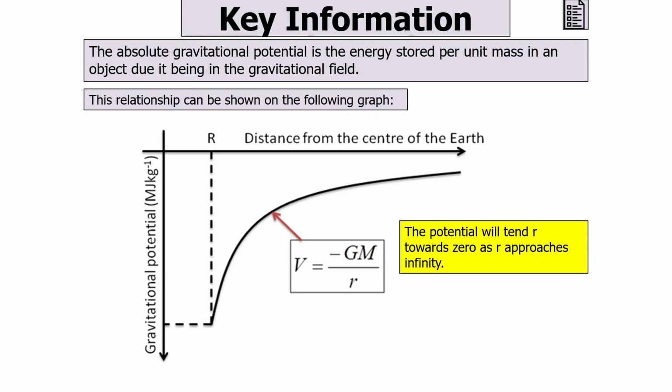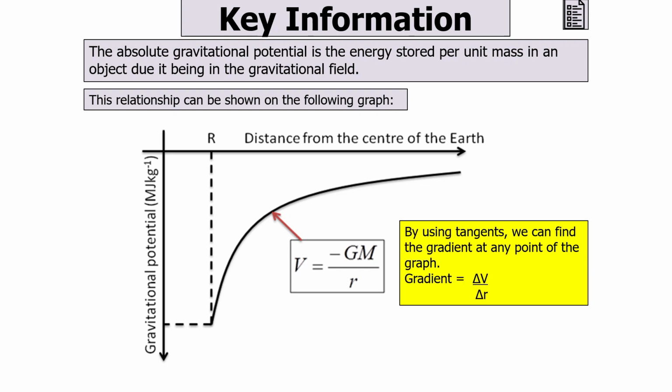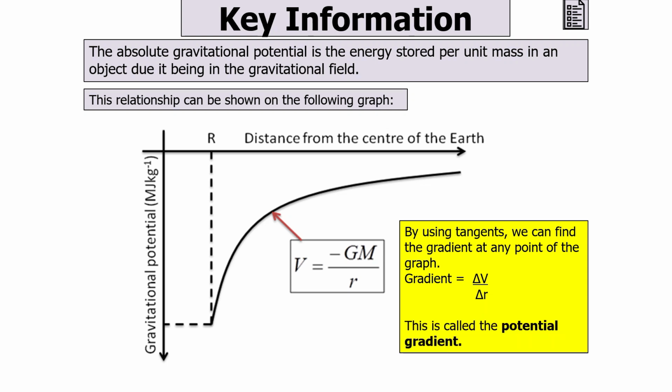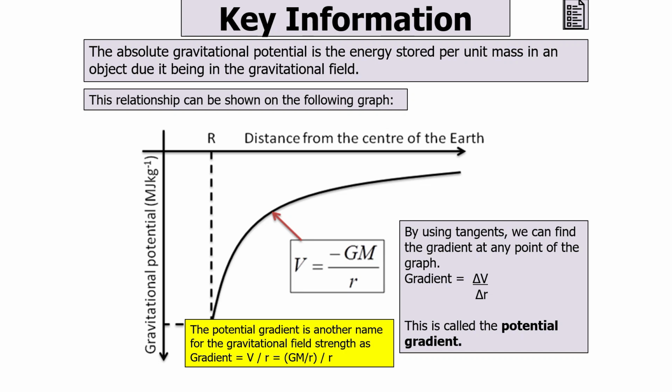Now, the potential will tend towards zero as r approaches infinity, which is an important idea, and the most negative value of V is at the radius of the massive object. Now, by using tangents, we can find the gradient at any point of the graph, so our gradient is delta V over delta r, which is called the potential gradient. Now, the potential gradient is another name for gravitational field strength, as the gradient is equal to GM over r squared,